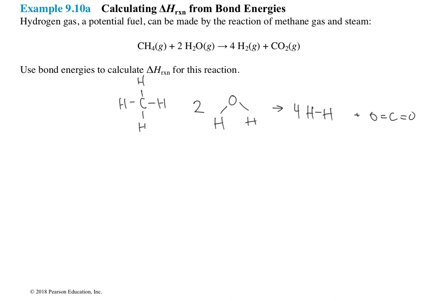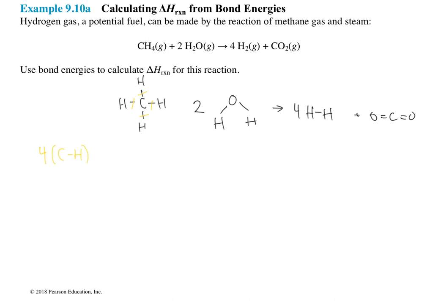So now you want to look at what bonds you're going to be breaking and which bonds you're going to be forming. It looks like we don't have any original bonds, so we're going to be breaking all of the bonds of our reactants and forming all new bonds in our product. What I like to do is count the types of bonds and keep track of them. So I have 1, 2, 3, 4 carbon-hydrogen bonds